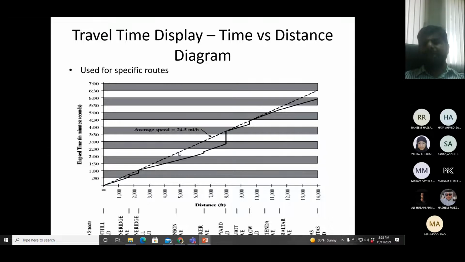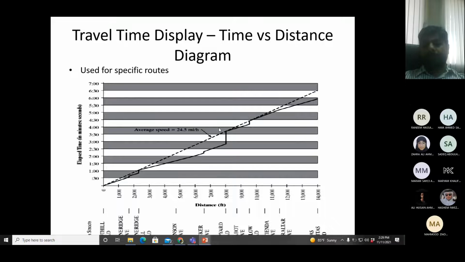Obviously this line is a straight line, with no variation because from start to end there's one slope. Now if you look at the line for the actual car which was moving from 0 to 1400, you see there's a variation in different segments. In different segments, the car is moving differently. The one variation I want to talk about is the vertical line. When a time-distance diagram shows a vertical line, what happened with the car?